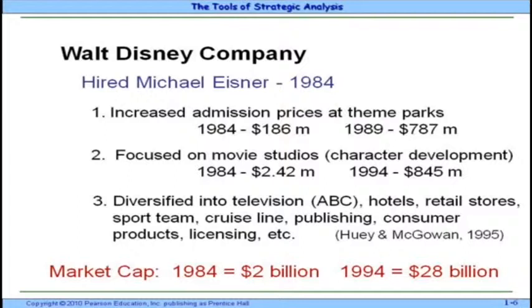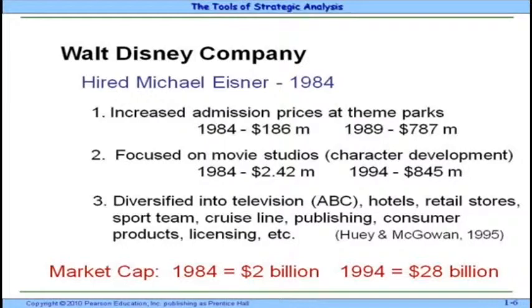They focus on the movie studios. You may recall that the movie studios were only generating 1% of the returns. And one has to recognize that people want to go to movies. In 1984, we did not have the cable. We did not have so many television picture stations to look at. So people went to the movies. So if people are going to go to the movies, what better thing to do than to target your movie audience and increase your prices? And they also used Mickey Mouse as a major drawing card.